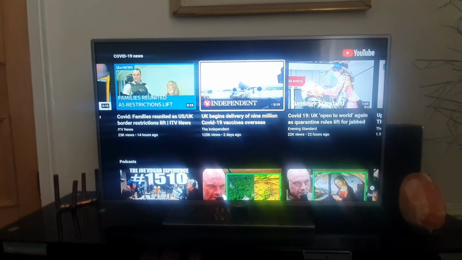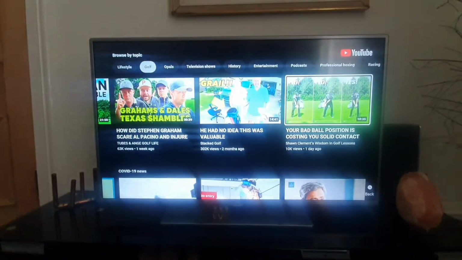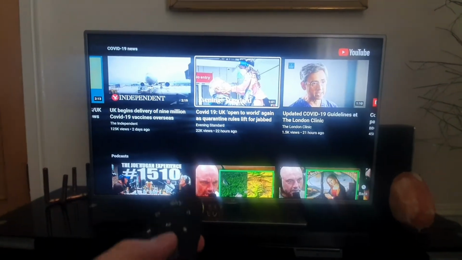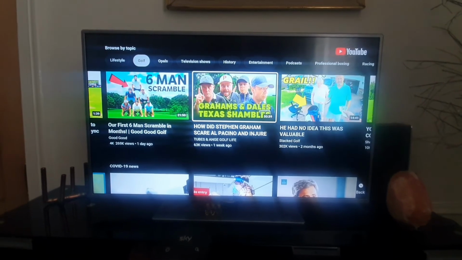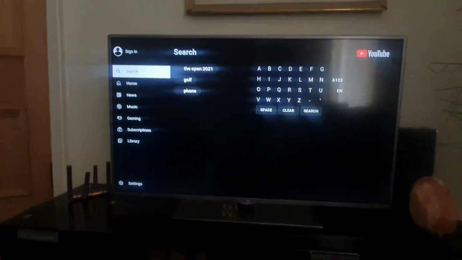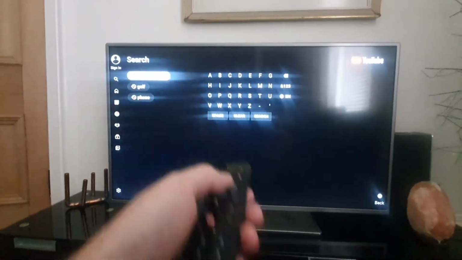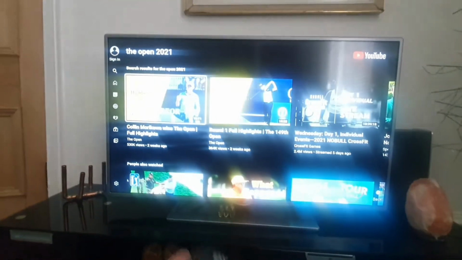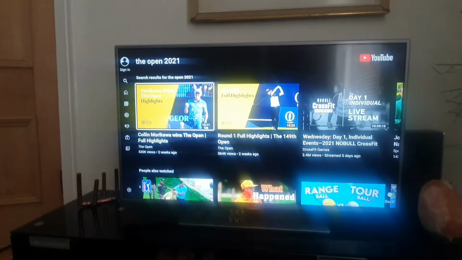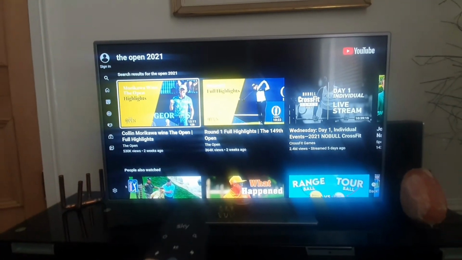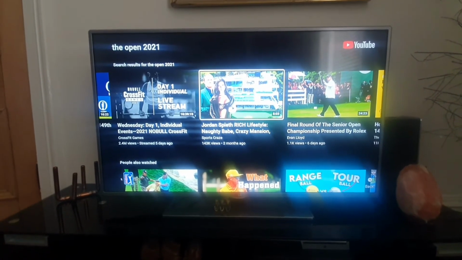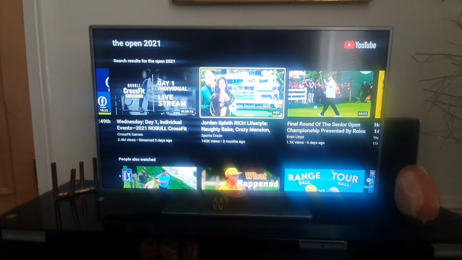But you can see where this algorithm controls everything, because you're not signed in, you've searched for golf, and this is what's coming up. Now, unless you're quite clever and go into, I'll show you, this part here, you don't need to sign in, but you can go in and do a search, which is actually, like if I wanted to search for the Open 2021, I can do that. So I can get all the Open stuff coming up. And this is stuff that I've keyed in to get into the algorithm. And that's the main difference with YouTube. There's a random algorithm search, and then there's a controlled algorithm search.